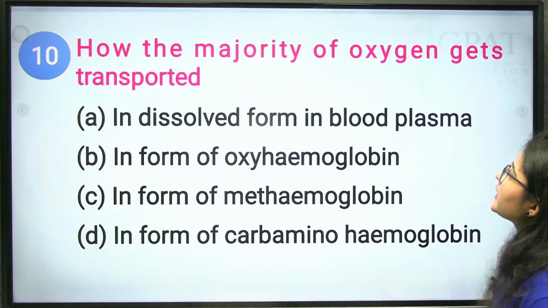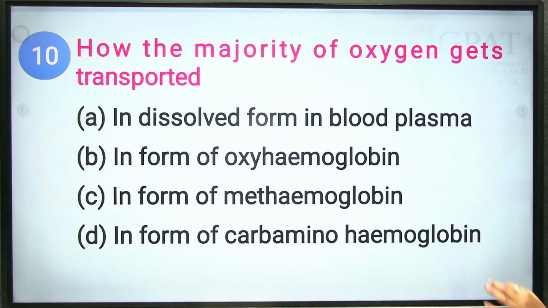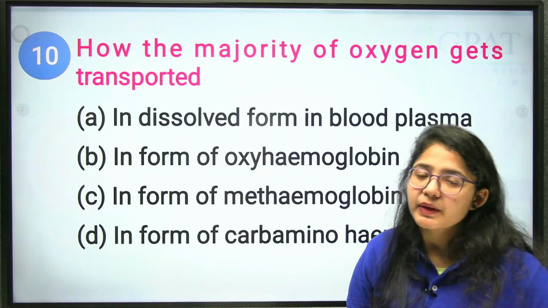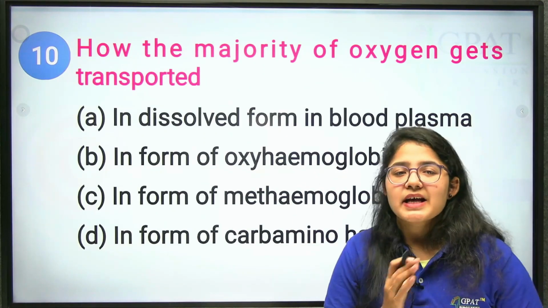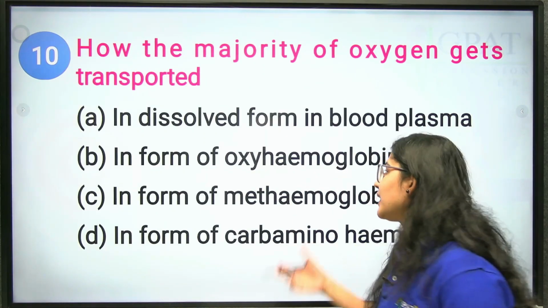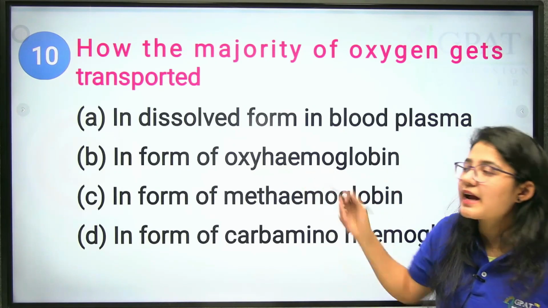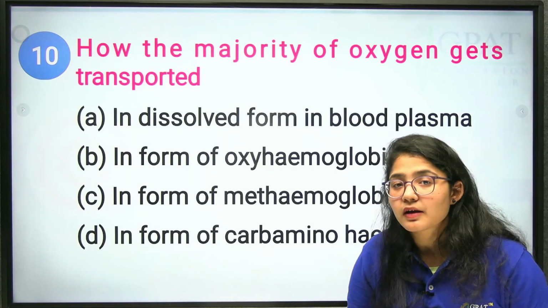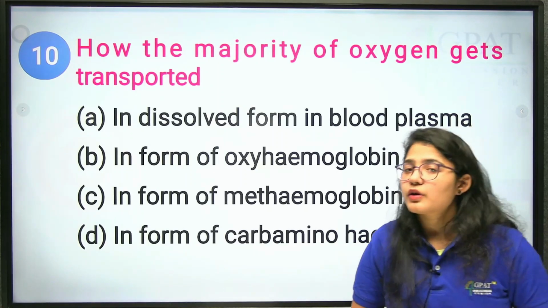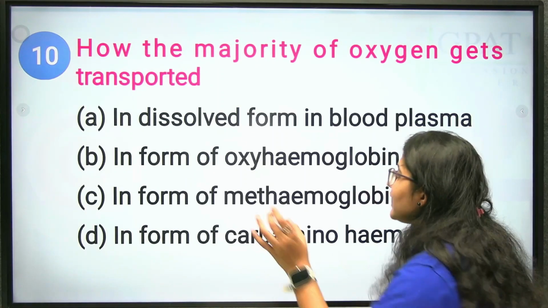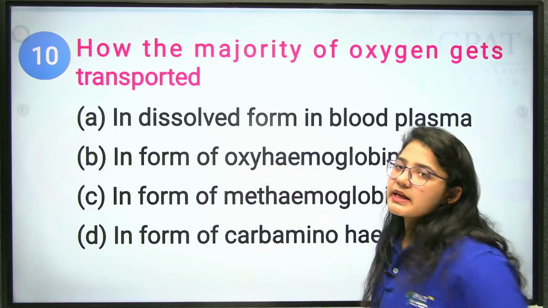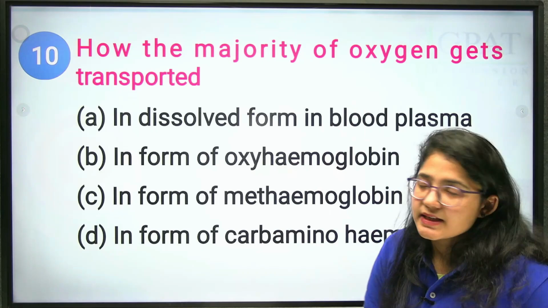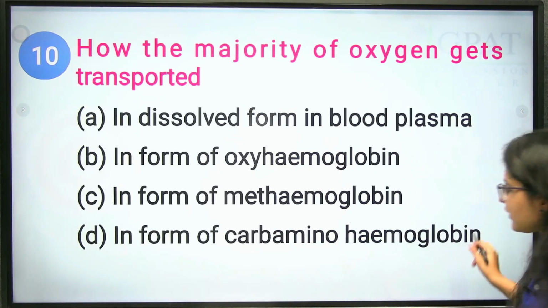How does the majority of the oxygen get transported? We know that oxygen is transported in our blood. We know the oxygen is transported to our body via hemoglobin, that is oxyhemoglobin. Hemoglobin is responsible for the transportation of your oxygen and carbon dioxide. That's why in the form of oxyhemoglobin our body receives the oxygen. Okay, clear? Next